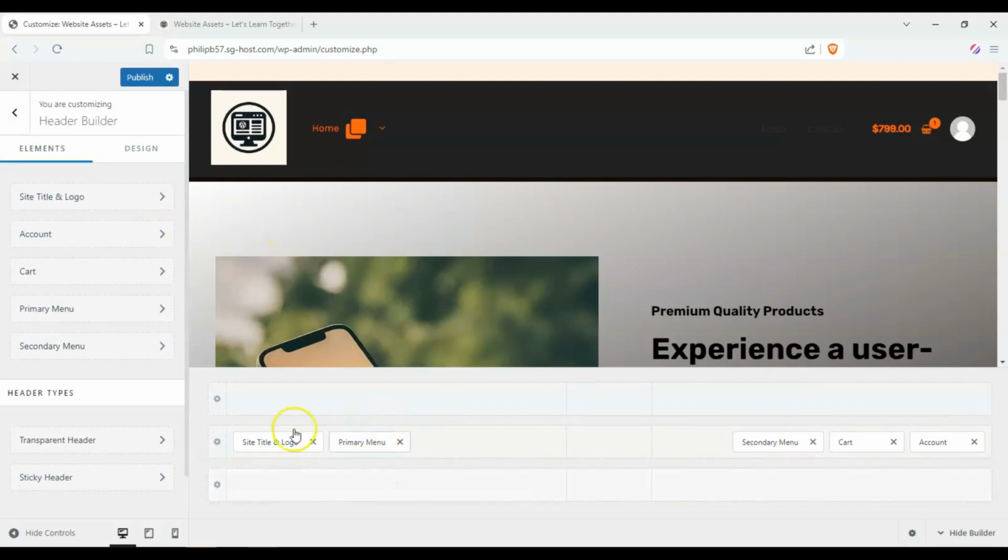Okay, so we're getting ahead of ourselves here. We know how to adjust the background colors for each one of these levels, but how about adjusting the content inside? It's really easy, you just have to drag and drop things. So we have a secondary menu over here,